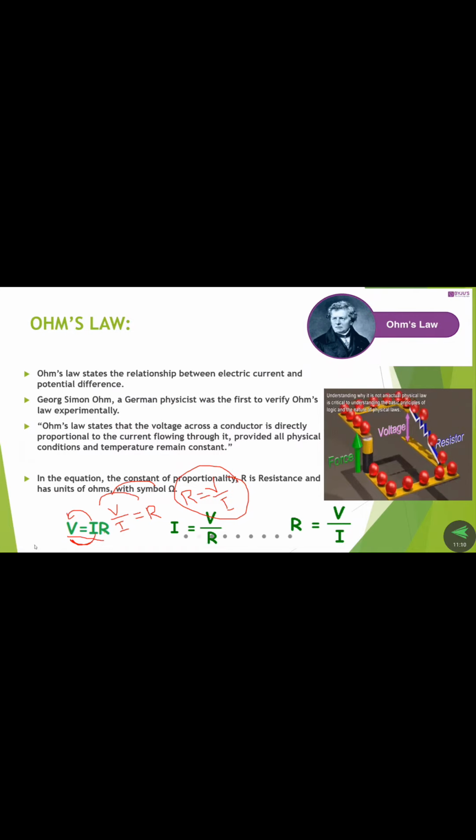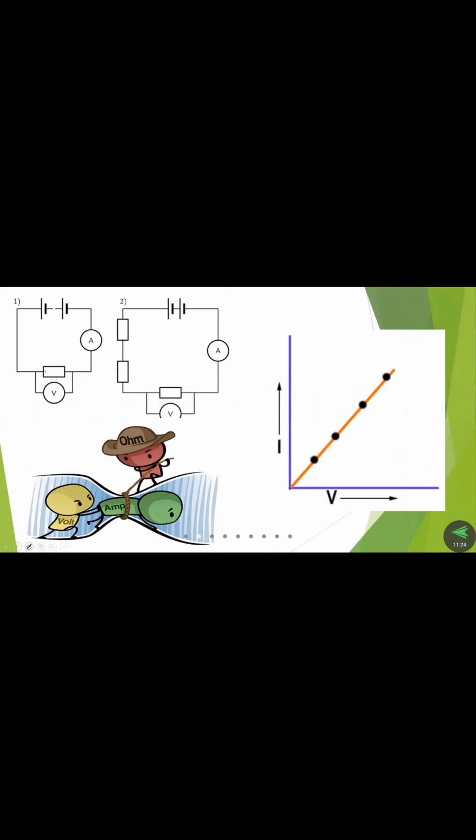So from Ohm's law, we can determine the relationship between the voltage, current and resistance values. Right? So these are the examples and characteristics of Ohm's law. We are taking a resistor, a resisting element, with a number of resistors connected in series. Whenever the voltage is applied, the current starts flowing through that conductor. That is directly proportional to the applied voltage and inversely proportional to the resistance value.